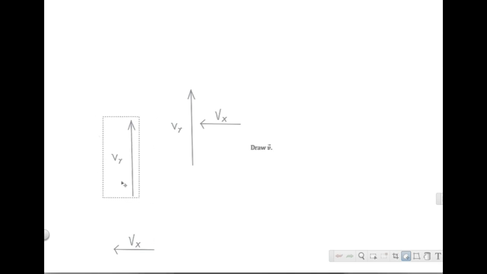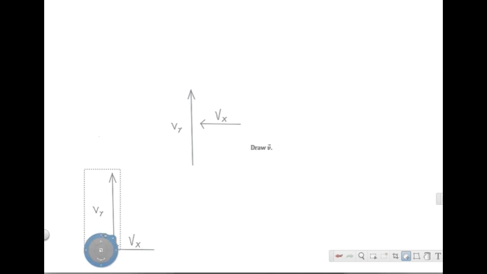And I'll use the method where this vector begins where Vx ends. And then the overall vector starts over here where the first vector started